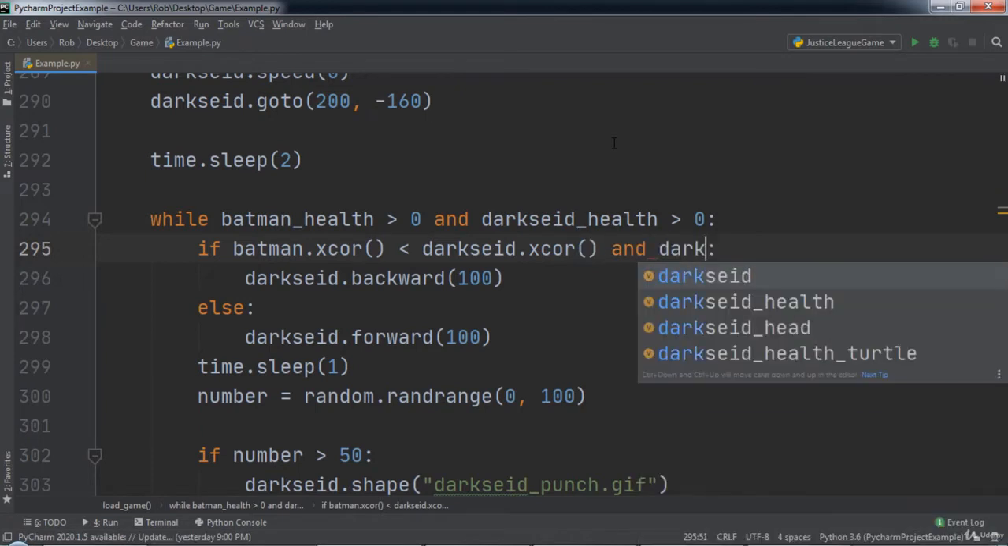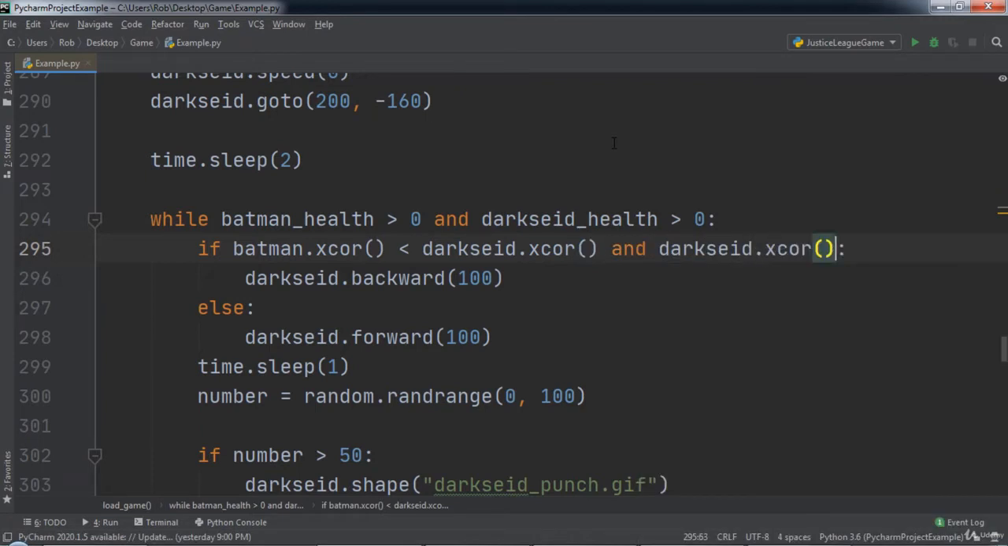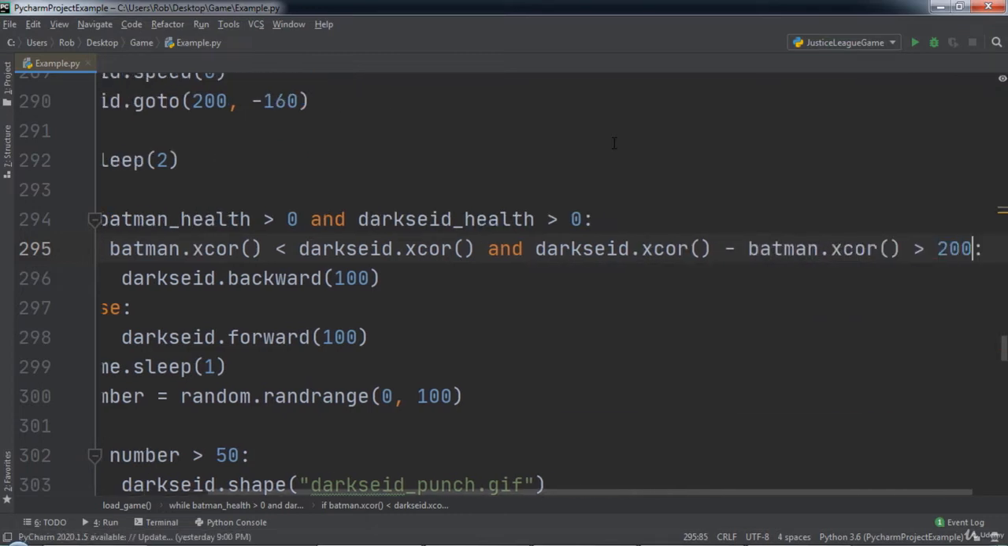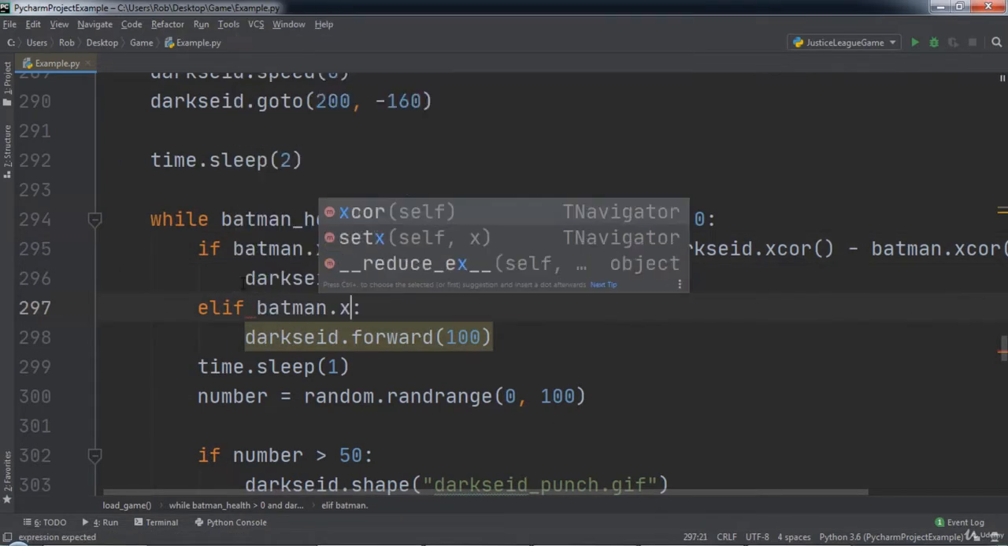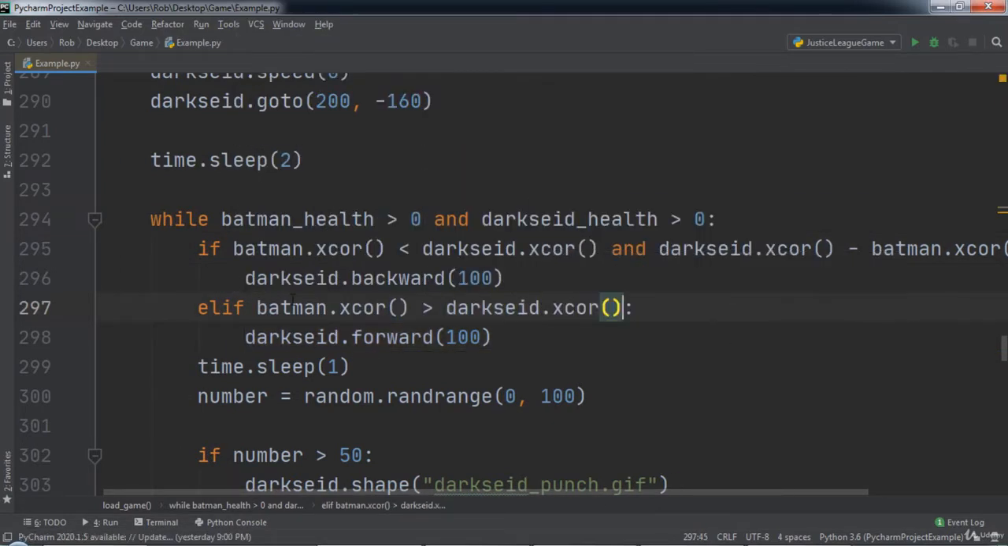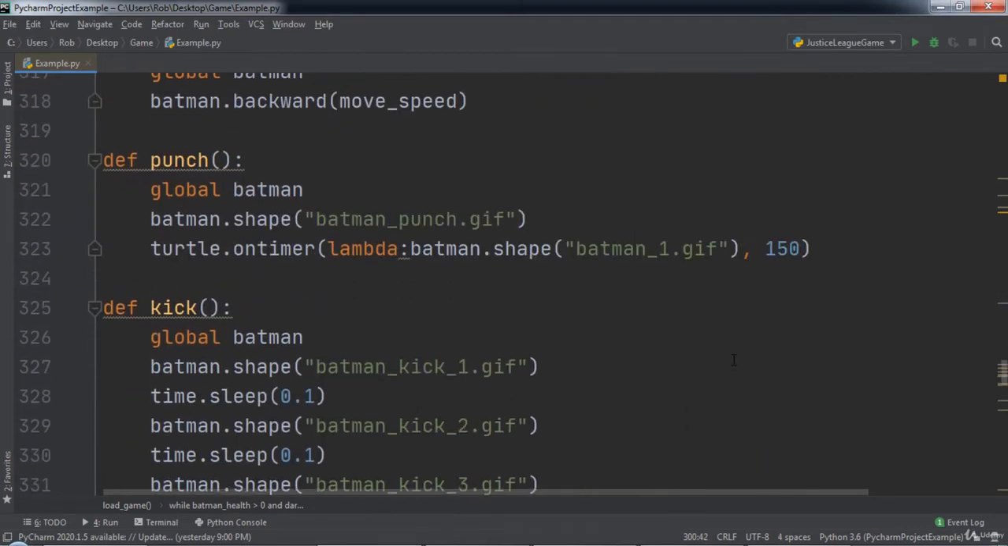Inside of the if statement, we will use the AND keyword and add a check for if Darkside's X position minus Batman's X position is greater than 200. Then we will change the else statement to an elif statement that checks if Batman's X position is greater than Darkside's X position. After that, we are going to code the logic that will deal out damage to the characters